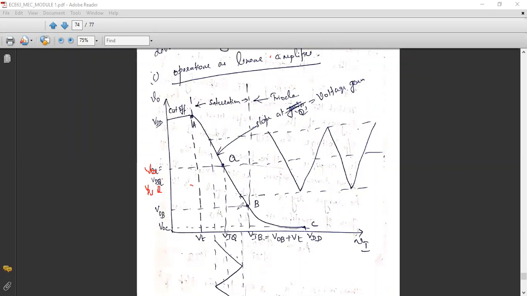The reason we are drawing the transfer characteristics is that we have to find the gain of this MOSFET from this graph. How are we going to find this gain? Graphically. For that we have drawn this transfer characteristic. We can draw it only with the help of the drain VDS versus ID characteristic that we discussed earlier, because both are interrelated. So to draw this, I should draw the previous graph as well.